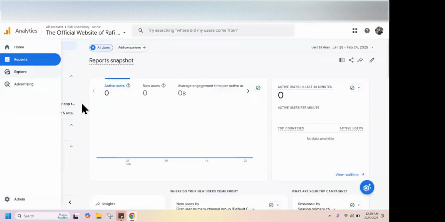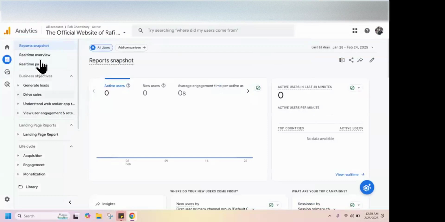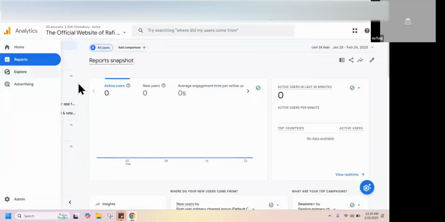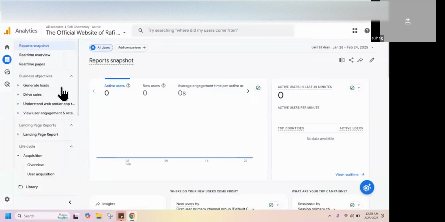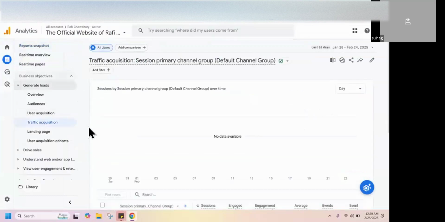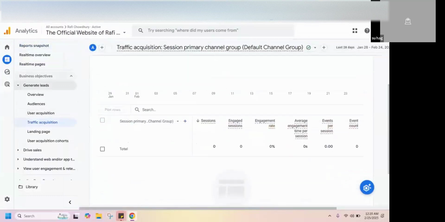Traffic acquisition, then click on generate leads. Yes, traffic acquisition. You can see the pencil icon on the right side at the top.